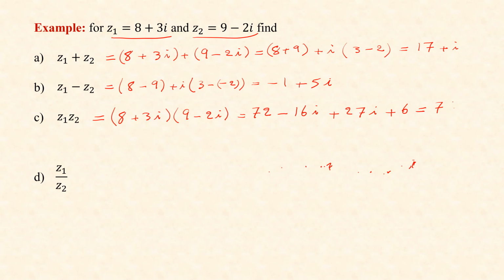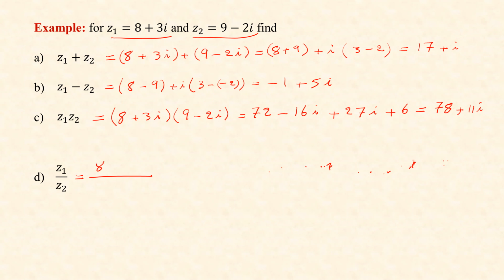Anyhow, you see, 72 and 6 is 78, as some of you already calculated. 27 minus 16 will be 11i. All right. So this will be the multiplication. And if you want to do the division, we do